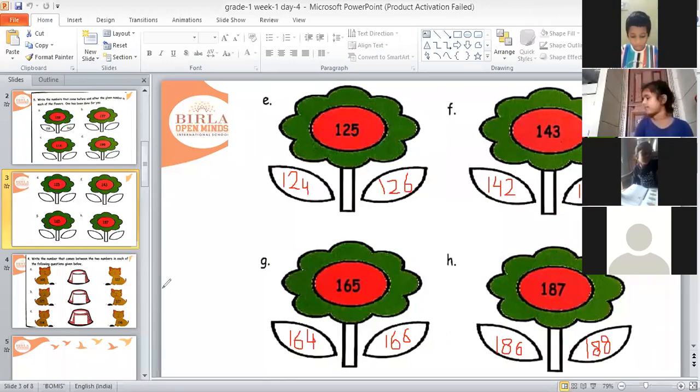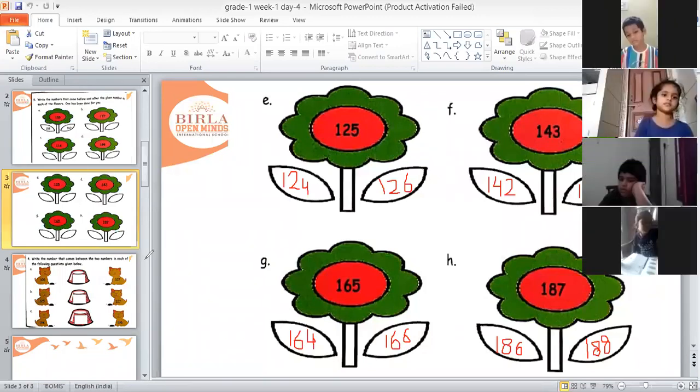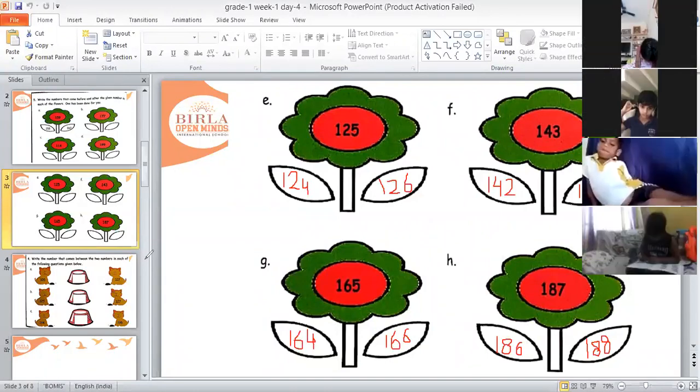So I hope you all have completed till here. Is there any child who is still writing? Yes, children, is there anyone who is still writing? Again, I'm repeating, is there anyone? You can use the raise hand option if you are still writing. Or is there anyone who has any doubt? See, whenever you have to write the number which comes just before, just look for the previous number. And whenever you have to write the number which comes just after, you have to look for the number which comes next. Okay, so you all have done till now.